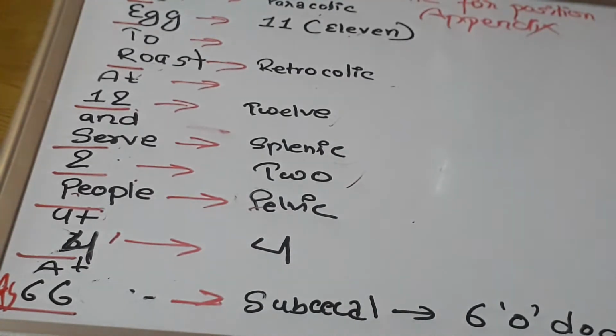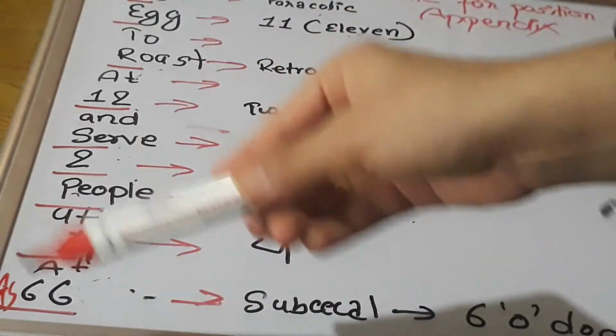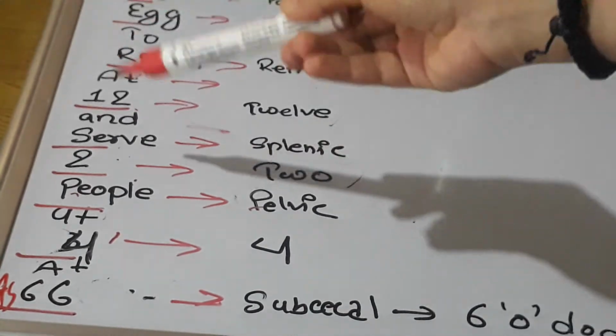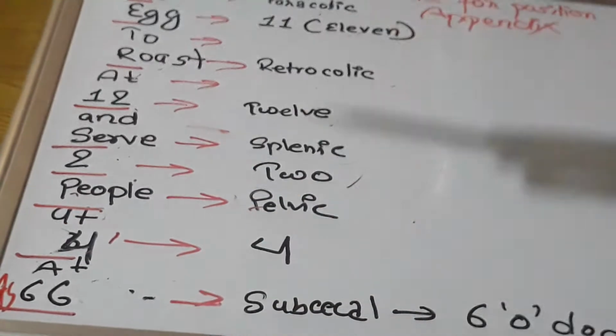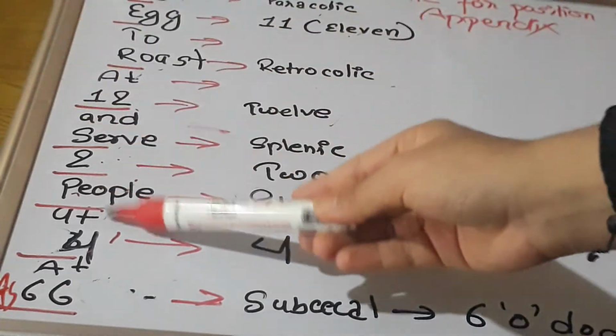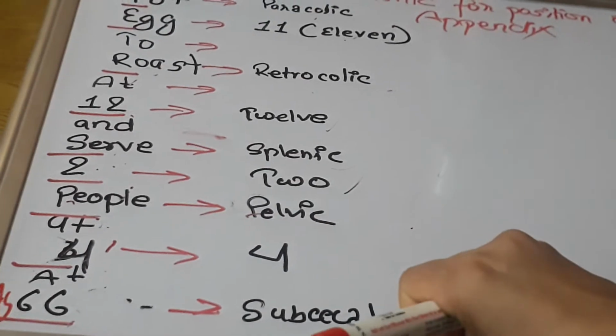Once you remember this, forever in your life you are never going to miss it, never going to make a mistake about it. You will know everything about the position with this name. So once again let me tell you: put egg to roast at 12 and serve 2 people at 4, and at rupees 66. P-E-R, this 12, 2, P, 4, at and 66, and then there are the respective names, which makes it very easy to remember.